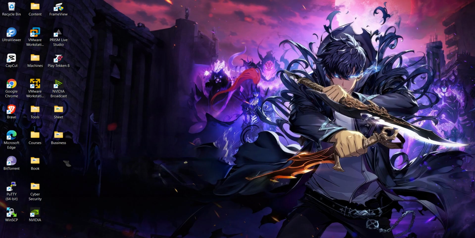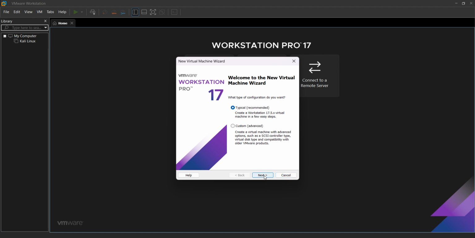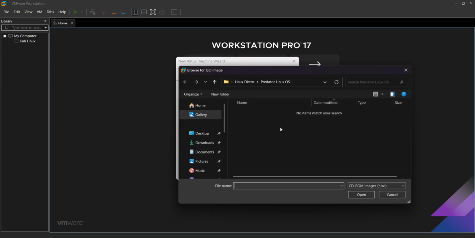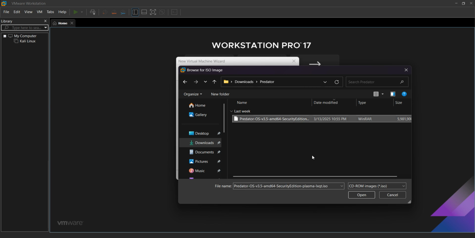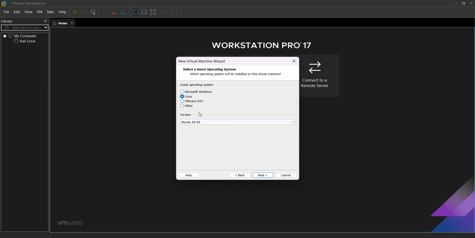So now we go directly to our VMware Workstation, create a new virtual machine, and select typical. It's better if you give the disk at the start, or you can also install the disk later on. It's completely your choice. I select my operating system. It's better to select Linux 64-bit. After that, go and give the name for your